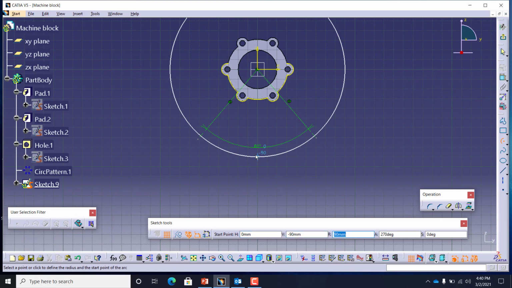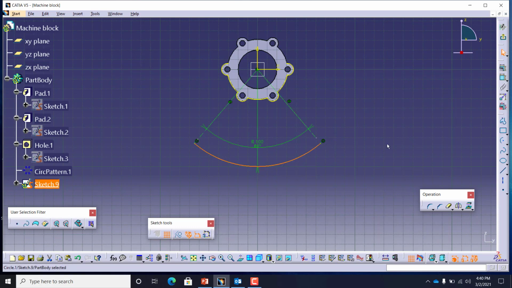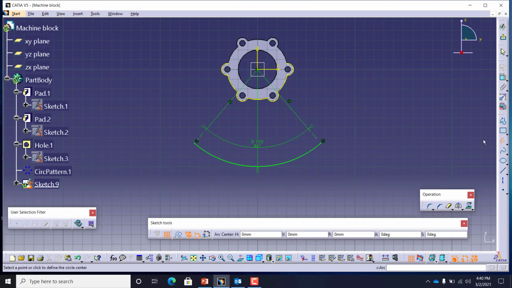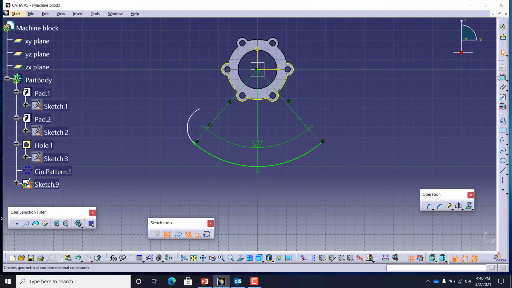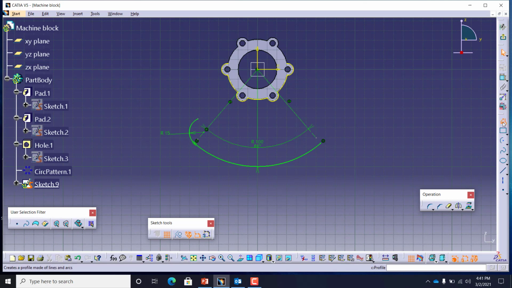After that, I can use the arc icon to create this bottom arc. Now I can continue to use the construction line or the axis line to create the arc on the left side. I don't know the exact length, that's okay. I know the radius, so I can determine the radius of the arc. After this, I can continue to use the